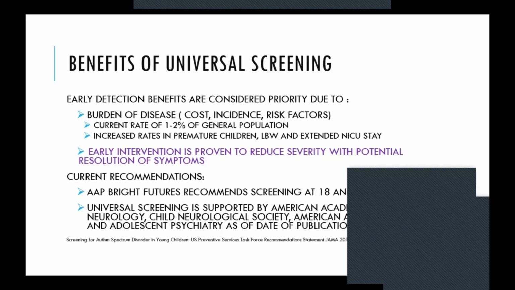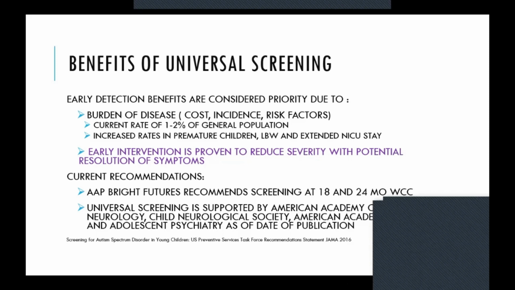We know that 90% of the brain development happens in the first 5 years of life. So if we diagnose early and treat early, we can retrain those pathways and help these kiddos and reduce the severity of their symptoms. The current recommendations by the AAP in the Bright Futures is doing the autism screening for kids at their 18 to 24-month well visit. If there was a 30-month well visit, we would do it then, but they're not approved for us yet. And then universal screening is supported by many different organizations: American Academy of Pediatrics, Neurology, Child Neurological Society,